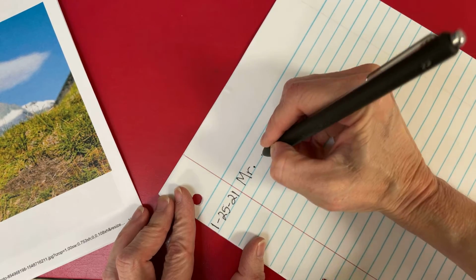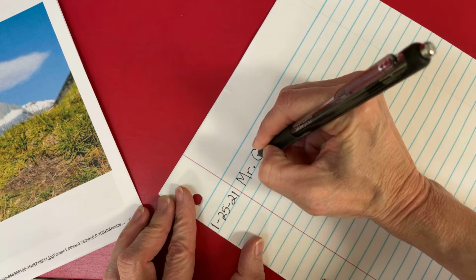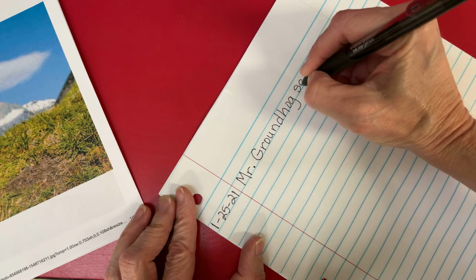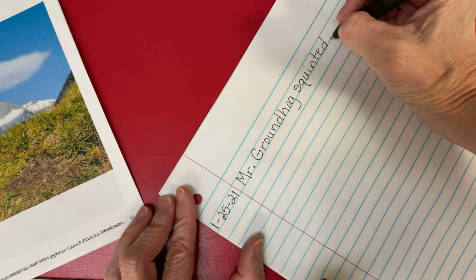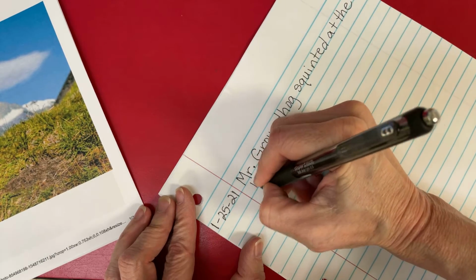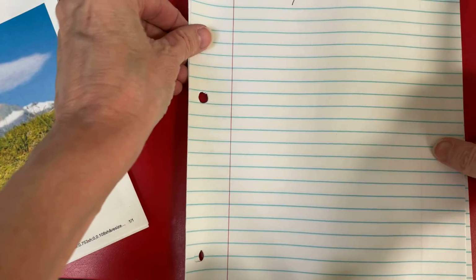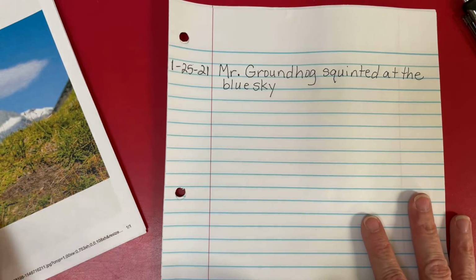Mr. Groundhog squinted at the blue sky. Okay, so we have Mr. Groundhog squinted at the blue sky. Let me see what I can do to get this closer in. Okay, so